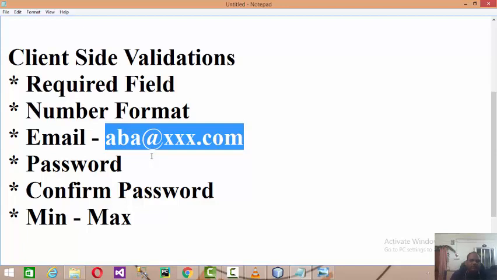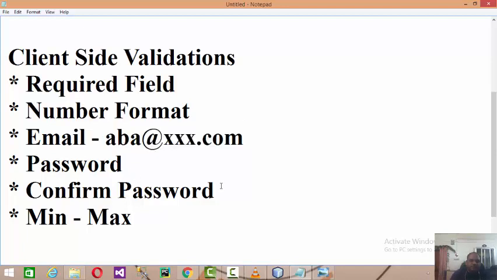In case of password and confirm password, most of the time the password is not visible, so by typing errors, sometimes the password and confirm password will differ. So it will cross check for equality, and only if both are equal will the data be passed on to the server.